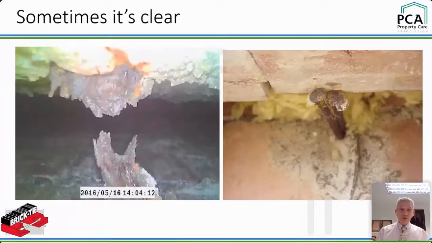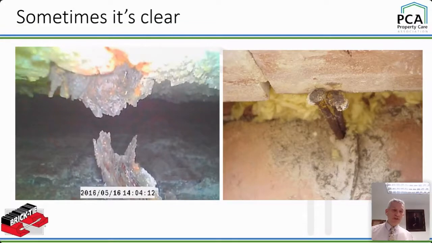So, as I said, sometimes it's clear. There's borescope images. One on the left, it snaps. Nobody's going to argue with the report on that one, guys, are they? That ended up a full removal, a genuine reason for a full removal, because the ties in the inner leaf were rusted so badly. It was causing cracking on the inner leaf as well as the outer. So that's a full removal strategy, no doubt about it.